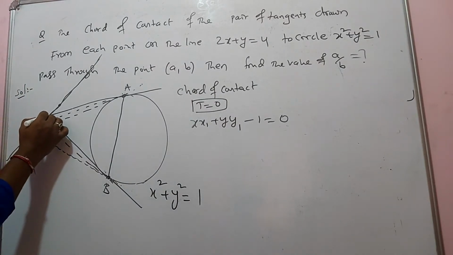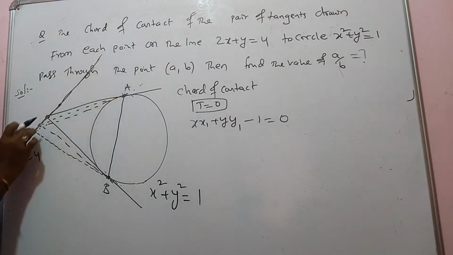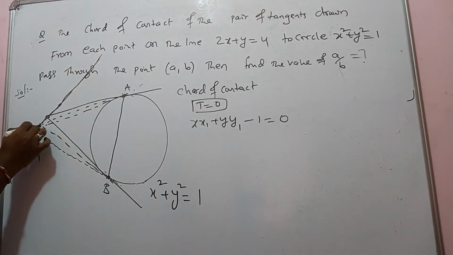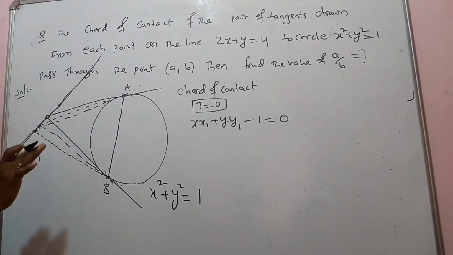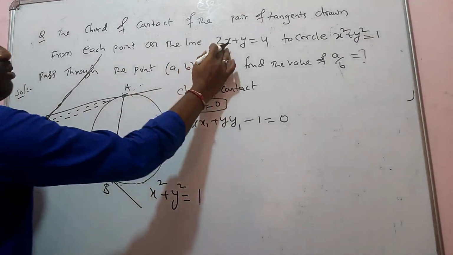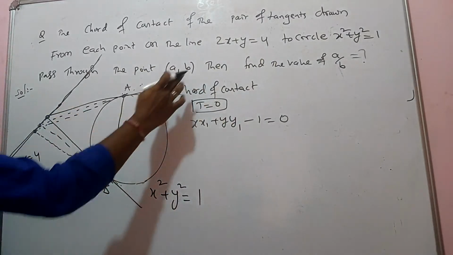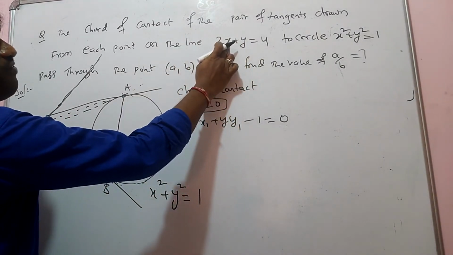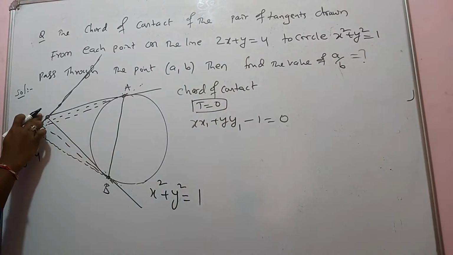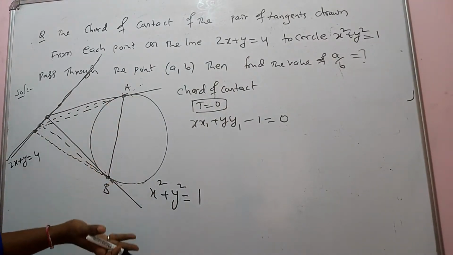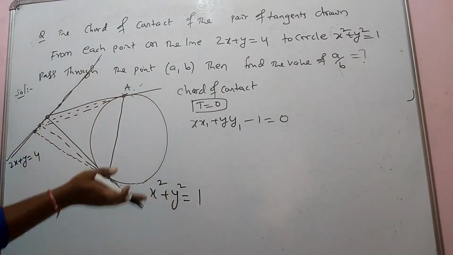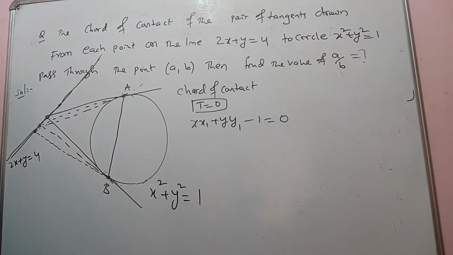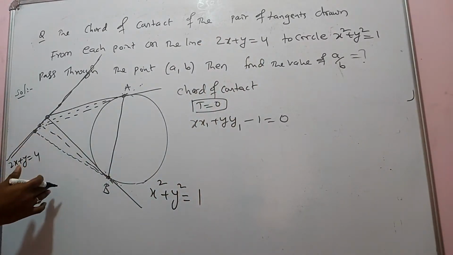Now we don't know what the points are on this line. We don't know them, so you can take any points as you wish. Like here, 2x plus y is equal to 4, you can take 0, 4. So if I take 0, 4 as one point, I am drawing the pair of tangents, and you know how to find the pair of tangents equation formula. You can take another point also, but we are not going that method. I am going to explain another method.